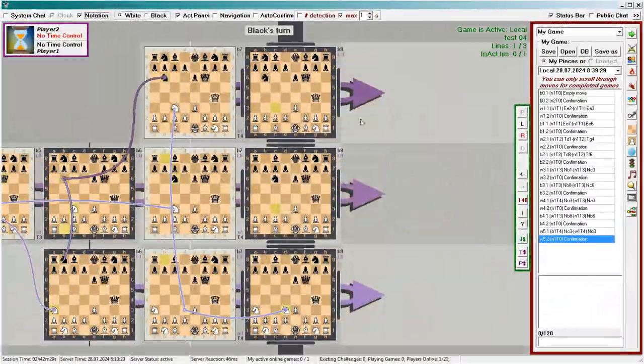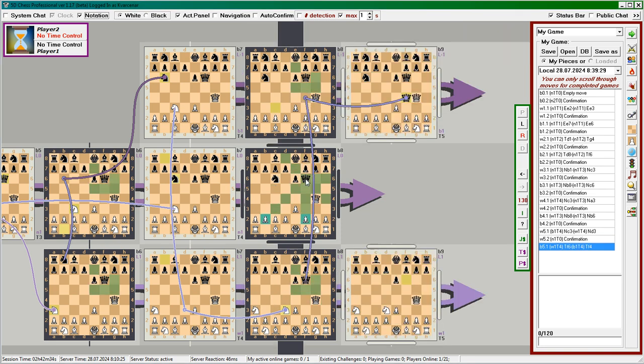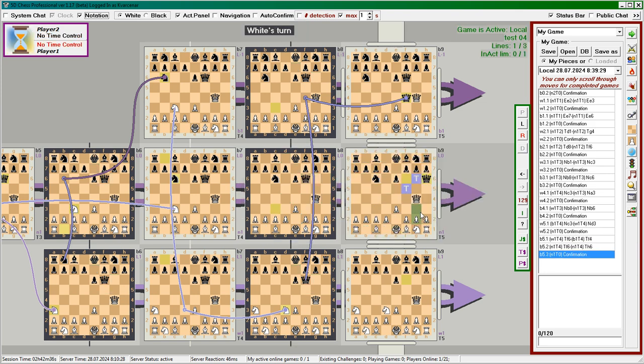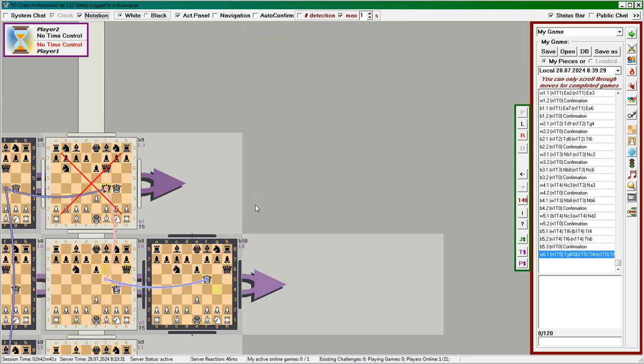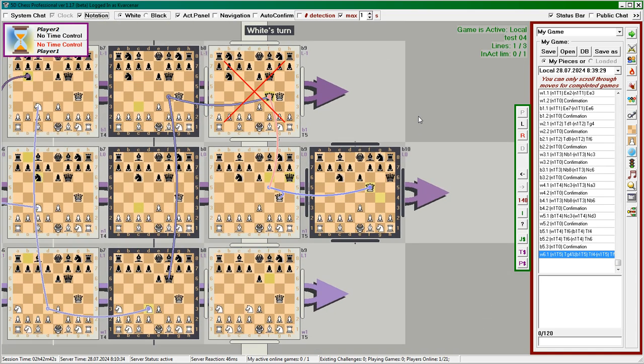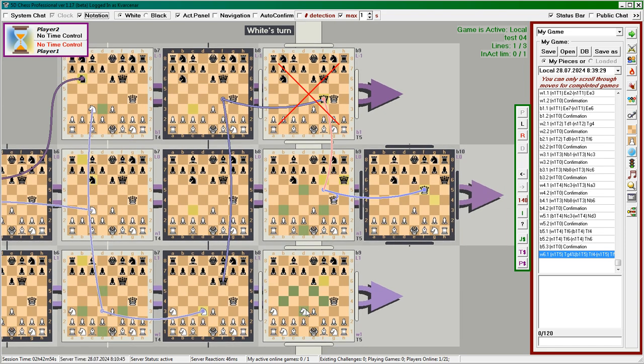Now let's see how universe blocking works. We repeat the same thing but without capturing on F2, otherwise, the check will not allow us to complete the move. And we capture en passant like this. We see that the top universe is blocked, and we cannot move to the last board. However, by selecting the knight, we see that it is possible to move to the past of this universe. And giving checks to the past is also possible.